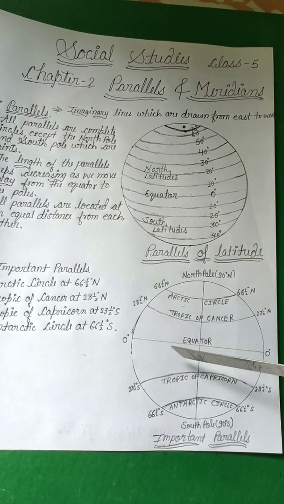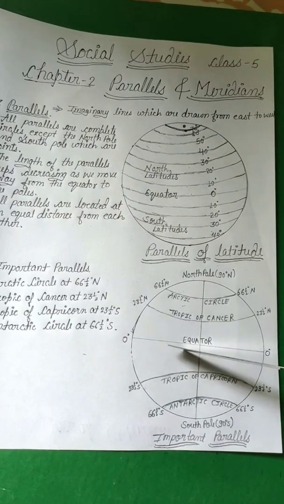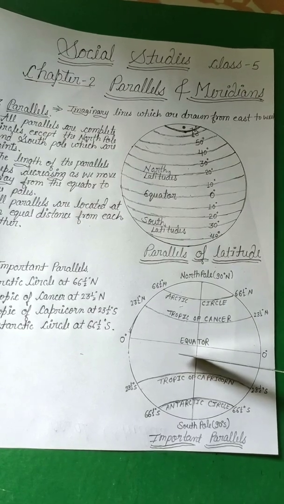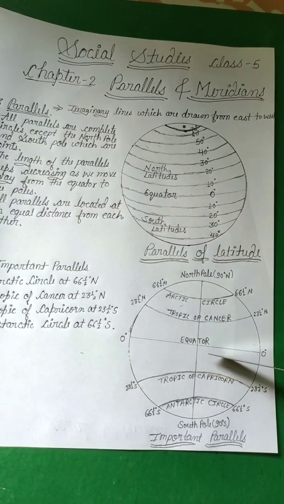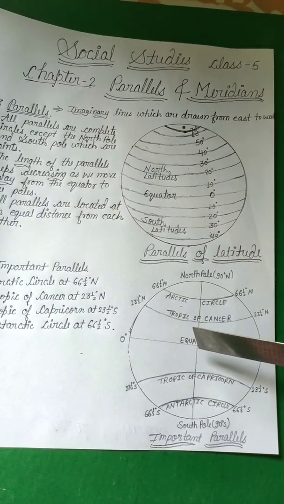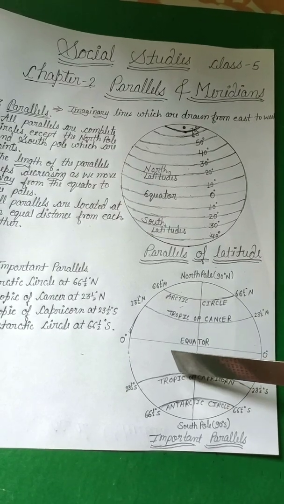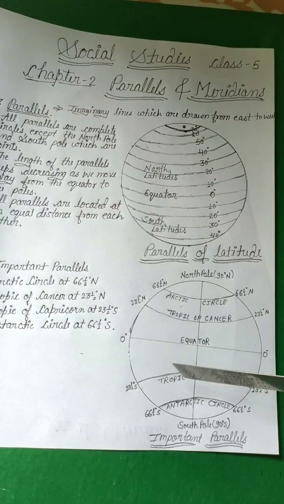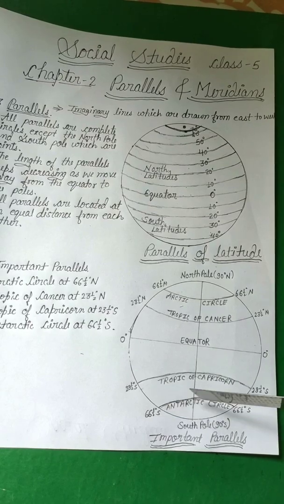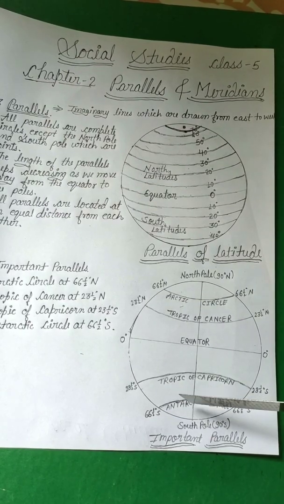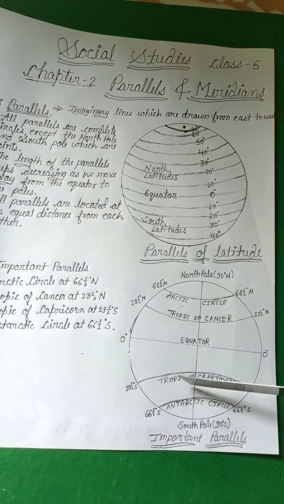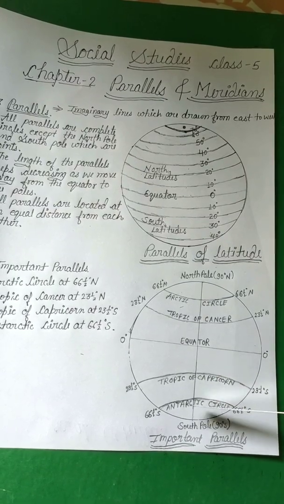Same as below, this part is the torrid zone and here the sun's rays fall directly, so this is a heat zone. This is also called the heat zone because the heat is maximum here. And below, at the Tropic of Capricorn, the sun's rays fall slightly, so the temperature here is minimum and medium. Now here the Antarctic Circle, this is also called the frigid zone because the sun's rays can't reach here and the whole region is covered with snow throughout the year.